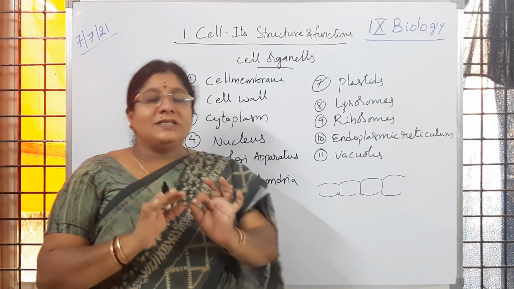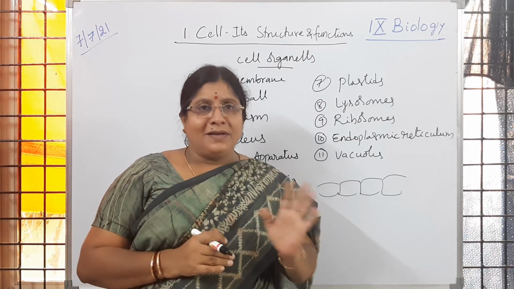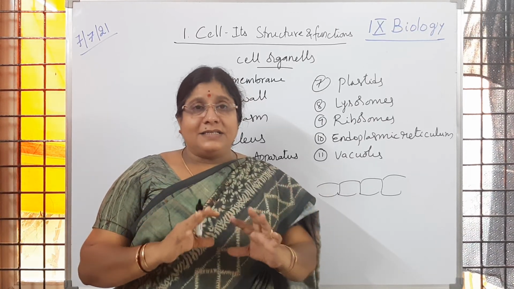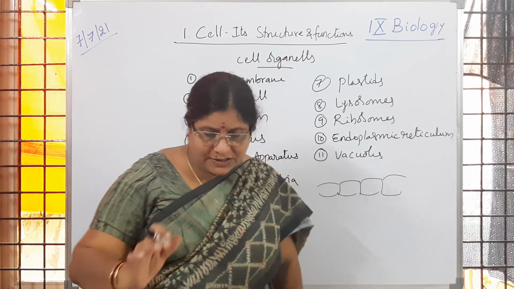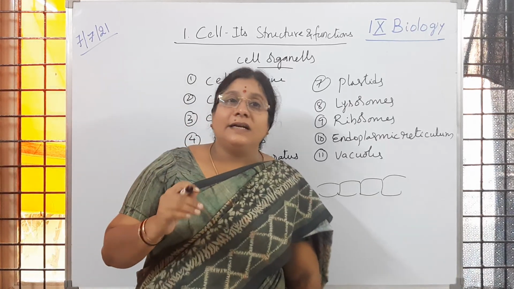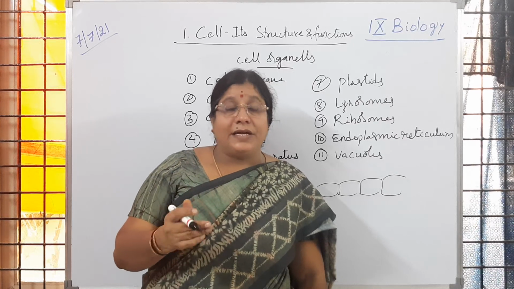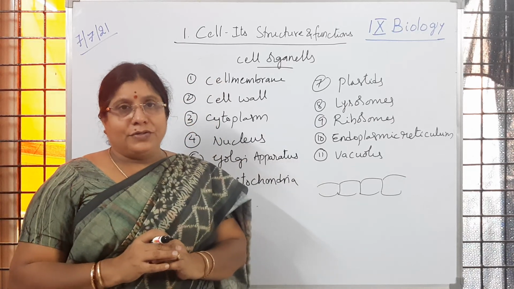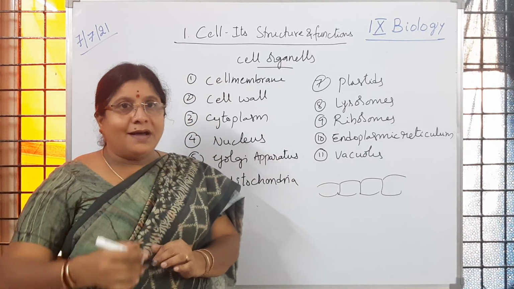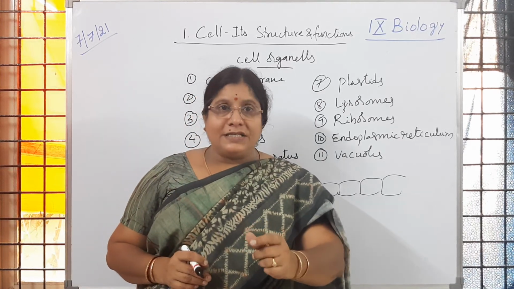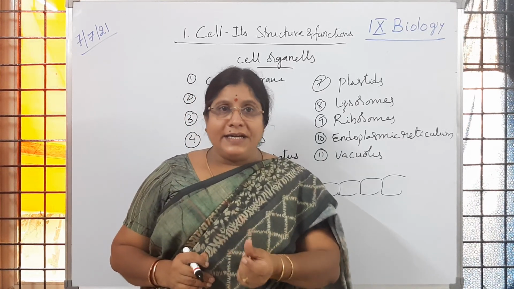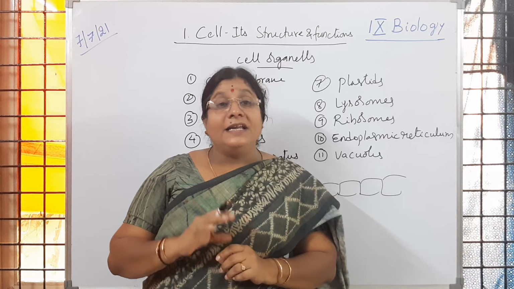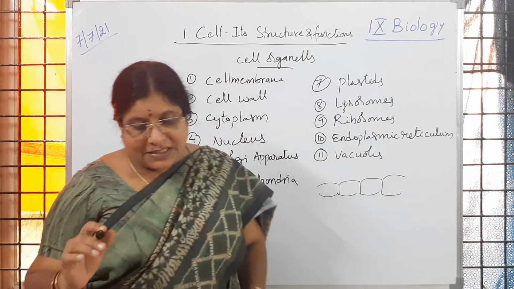So no cell in our body has the same size or same structure. They are in different sizes, different shapes that we are going to observe. Is it clear to children? Then how we can see that three-dimensional picture, once again I would like to tell you. You know that cell and cell parts you observe with the help of a microscope. If you recall the microscope parts, lenses will be there. We focus the lens, we have to adjust it, low intensity, high intensity of light, so that it can be used to observe the parts of the cell clearly. Cell organelles we can observe very clearly.